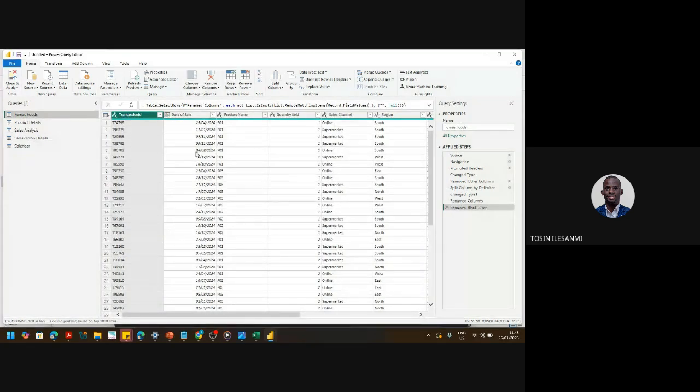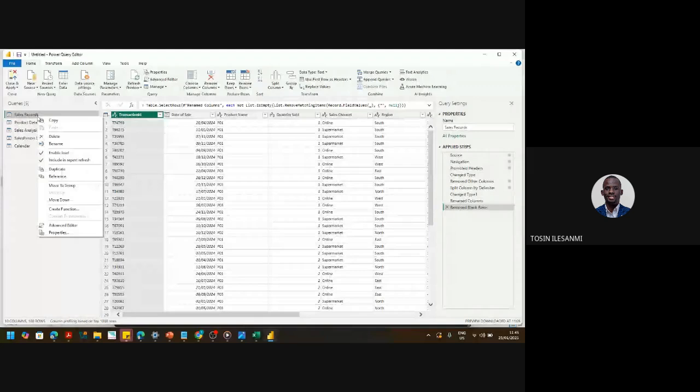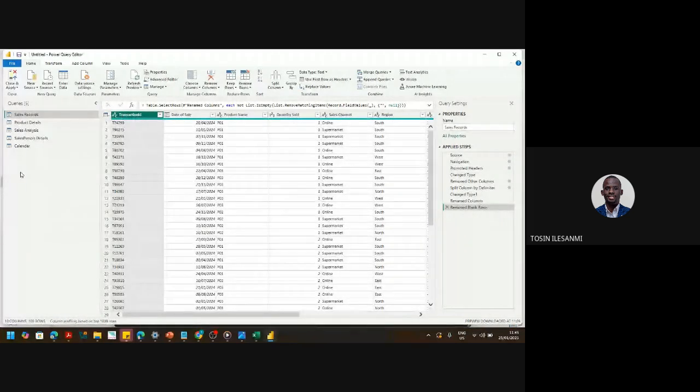So that's beautiful. So once you come over to this point, go ahead and click on this funnels foods. We can change this funnels foods to sales records, more like historical records. Once you right click on it, you will see rename and then change it to sales records. So once you've done that,